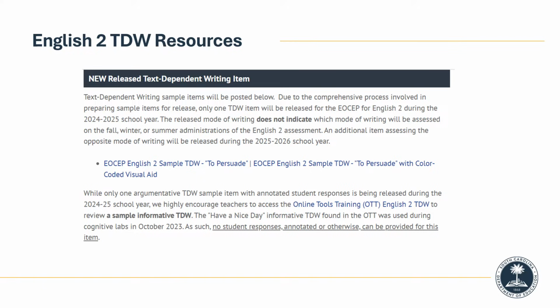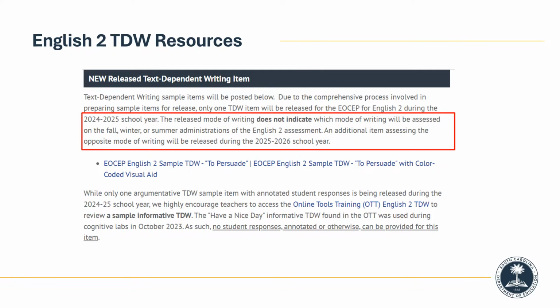This year, we are releasing an argumentative task for English 2, an informative task for 8th grade, an argumentative task for 6th grade, and a narrative prompt for 3rd grade. The release of an argumentative task this year does not indicate that the operational item on the fall and/or spring administrations of the test will be argumentative.